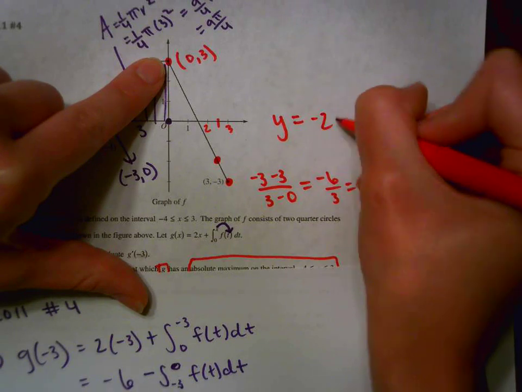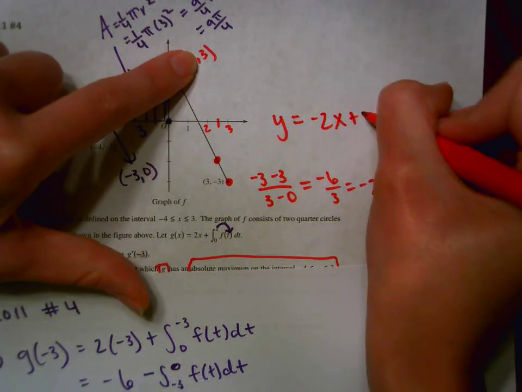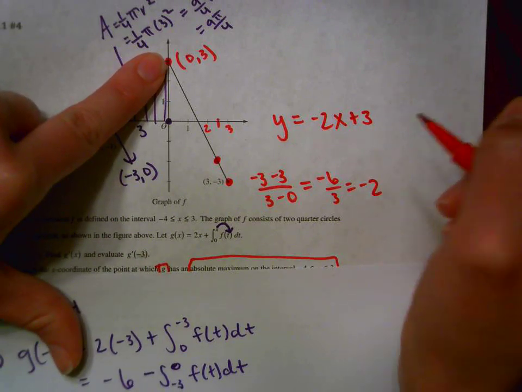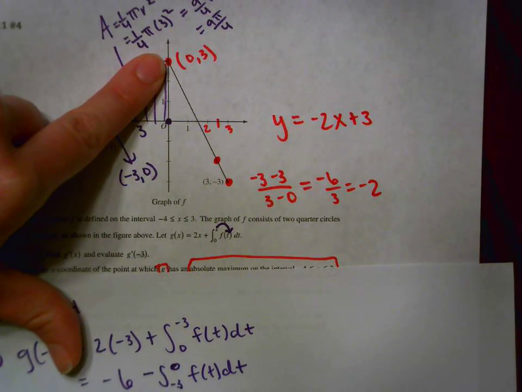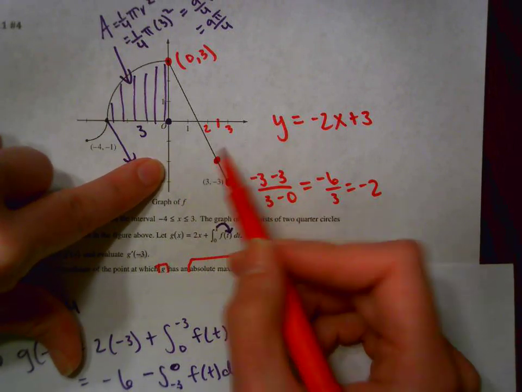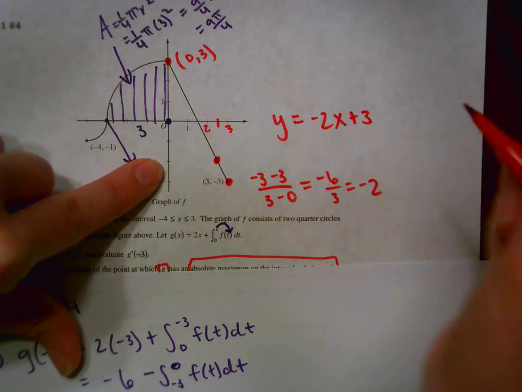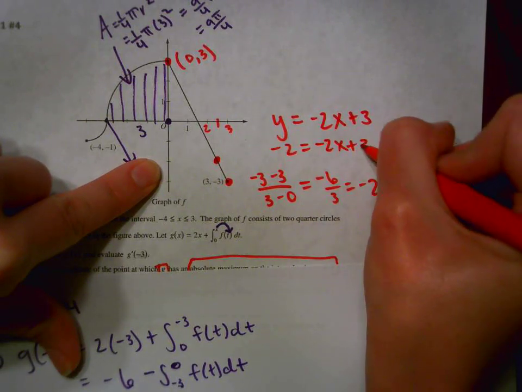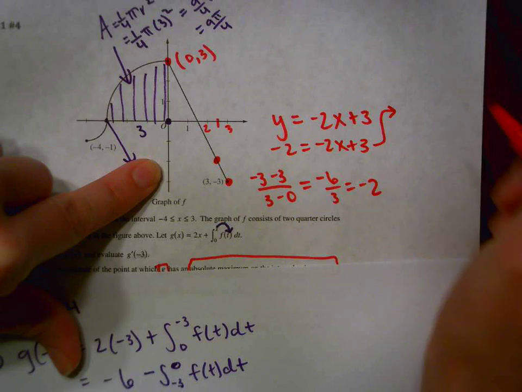Our slope is negative 2, our y-intercept is 3. But if you didn't know your y-intercept, you would use point slope, y minus y1, that stuff. Okay, so now we can see when is y at negative 2. So if we plug in negative 2 for our y,